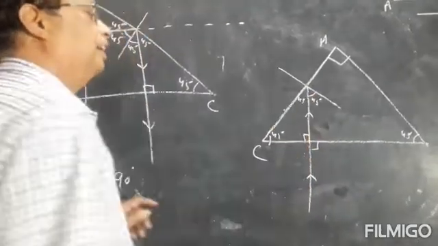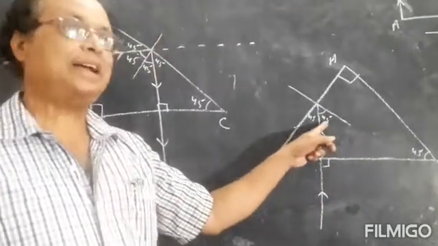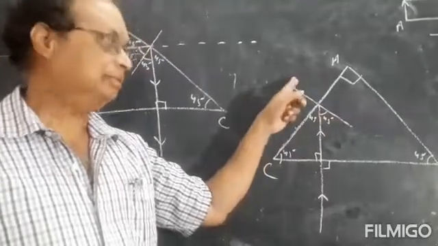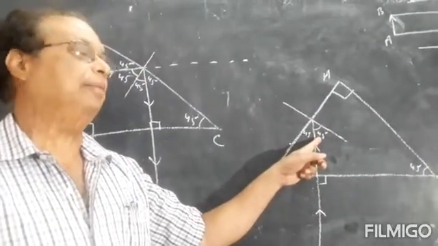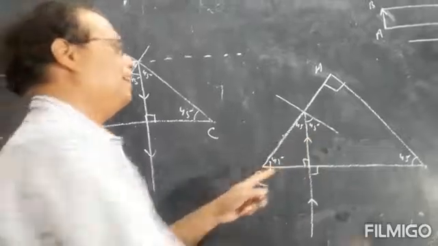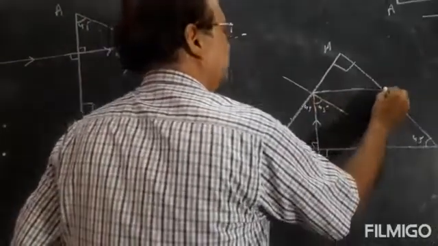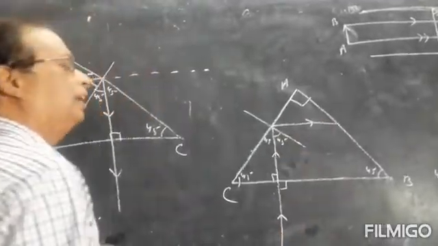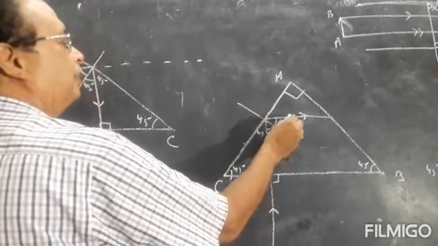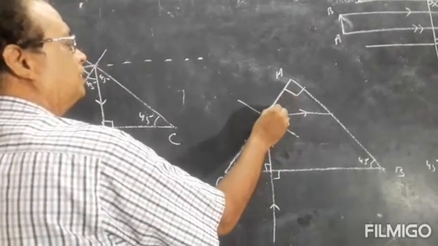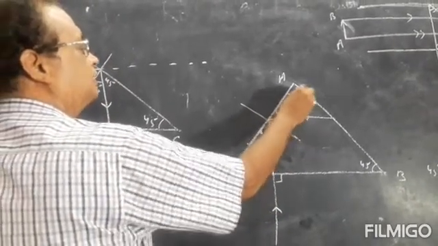Now if you draw a normal here, how much is this angle? 45 degree. Now the ray is going to pass from denser to rarer, glass to air, and the angle of incidence is greater than the critical angle. So what will happen? Total internal reflection of light will take place. The ray of light will reflect like this. So this angle is 45 degree. Now this is 45. So how much is this? 45 degree. This is 90.